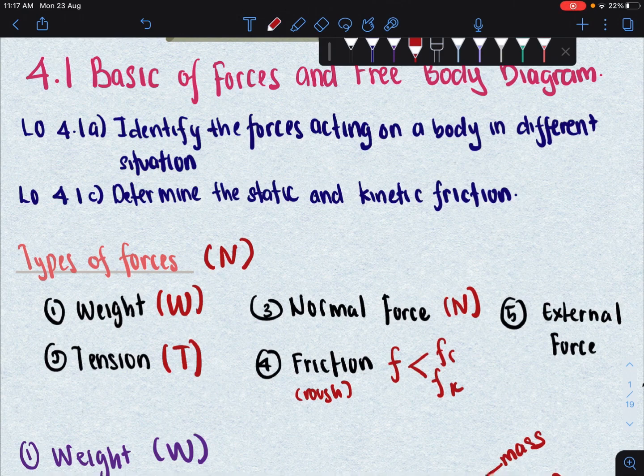External force is any push or pull that is exerted on an object. If there is no other factor pushing or pulling the object, then we do not say there is an external force. We use the symbol capital F for external force. That's it for the types of